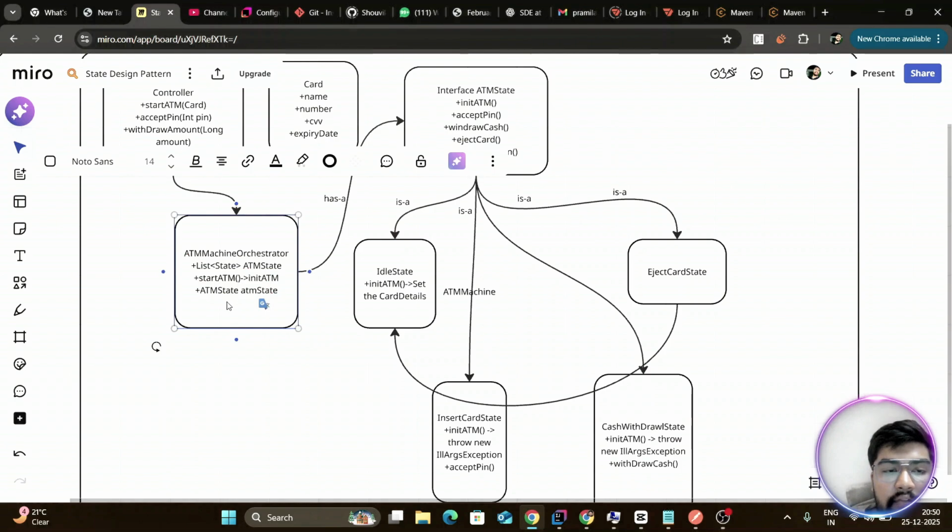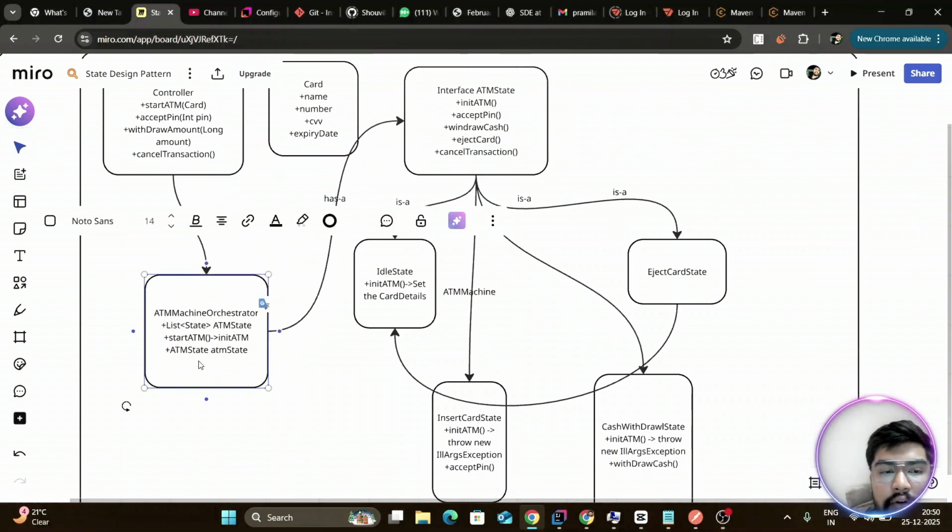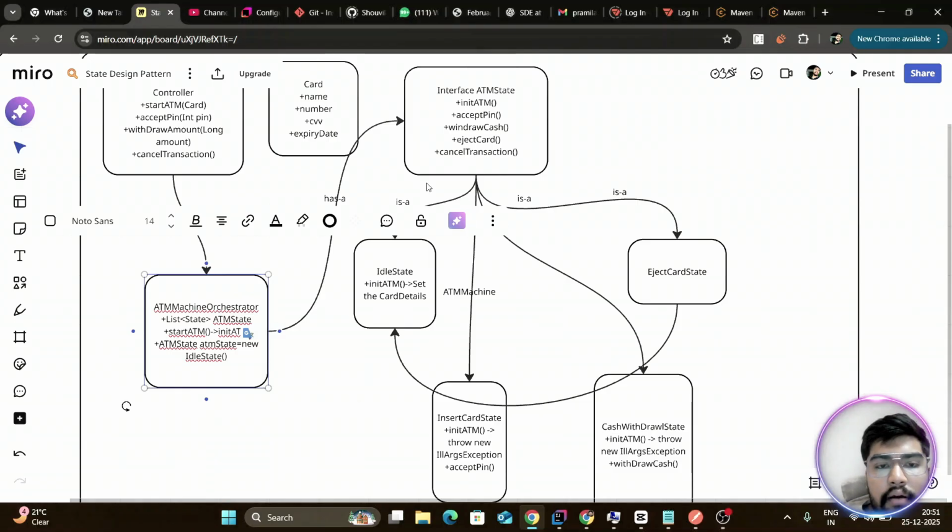So at the very start of the day, when you are starting your ATM machines, you can start this particular ATM state value to be, by default, a new idle state, because the ATM is in an idle state when it is started the very first time of the day. Right? And now when you are in idle state and you get a call of init ATM, you set